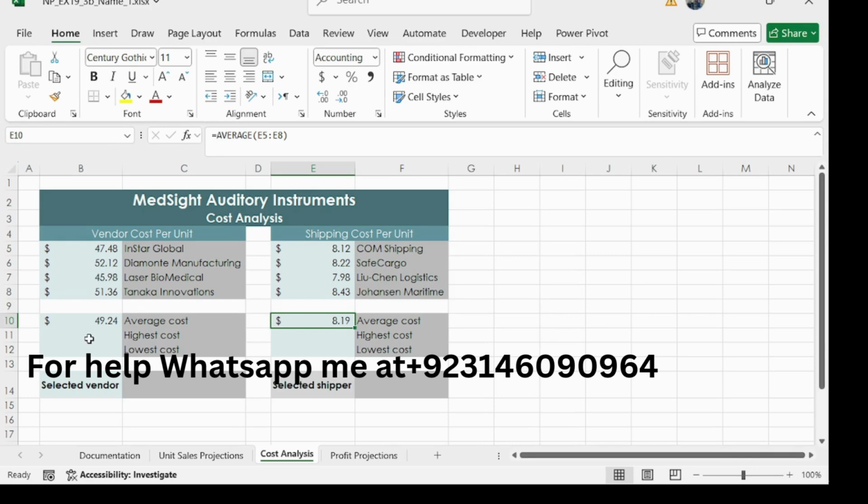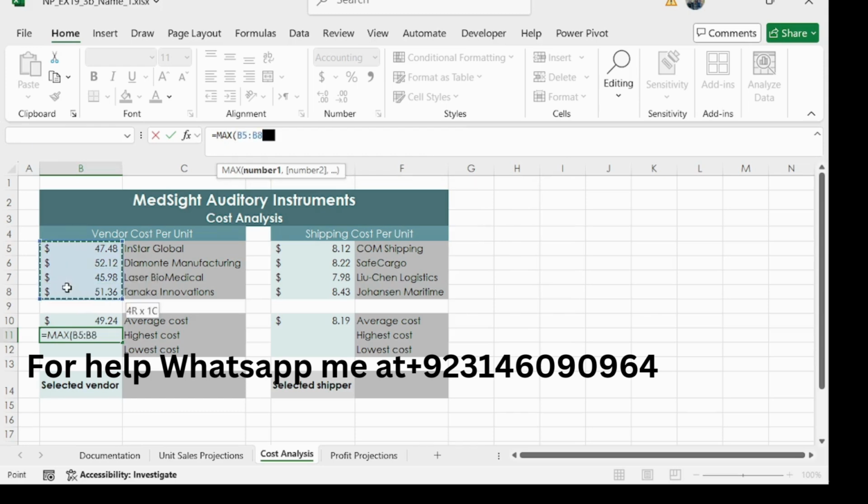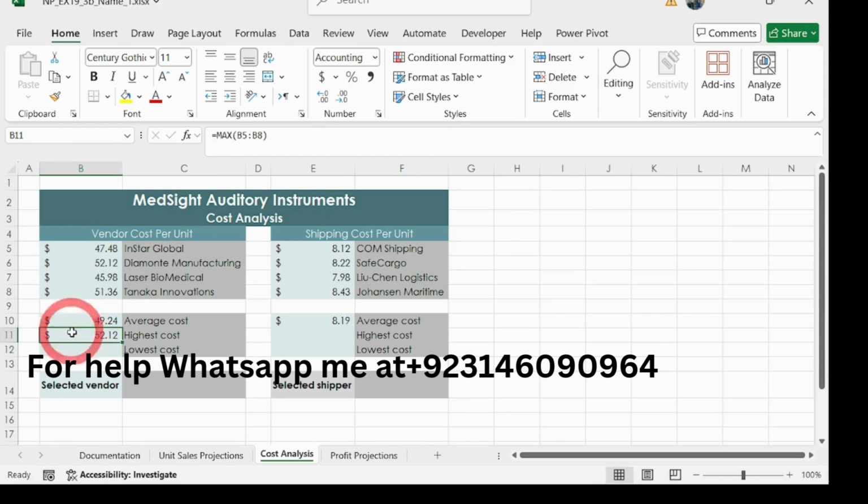Our step number 6 is in cell B11, create a max function to find the maximum value in the range. So type equal to and max function, double click on it and select the range B5 to B8 and close the bracket and press enter and copy this formula to E11. Paste it here, Control V, and then escape.